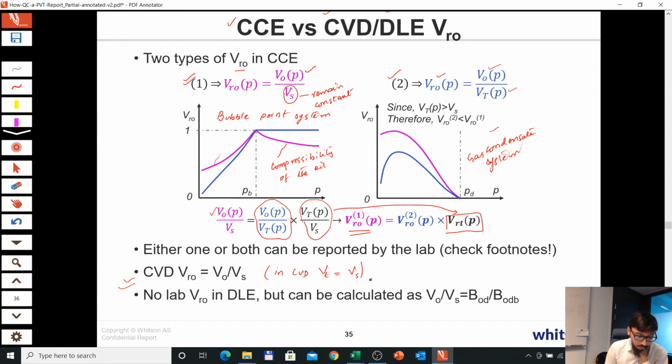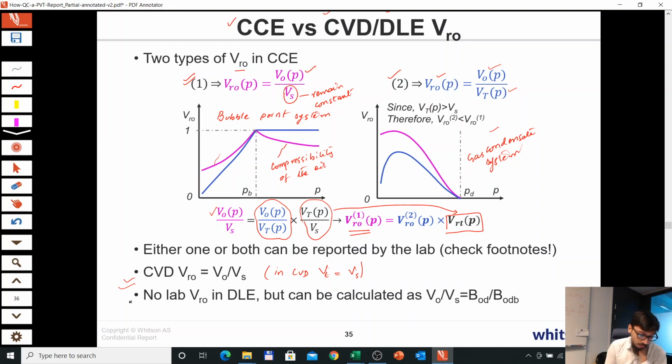So that's why the relative oil volume reported in the CVD experiment is just the ratio of oil volume divided by the saturated volume. And if we will be doing the QC, comparing the CCE relative oil volume versus the CVD relative oil volume, then we should have the same type of relative oil volume. And in CVD, since we have only one type, we have to choose the same type from the CCE experiment, where we have the choice of two different types of relative oil volume. Okay,